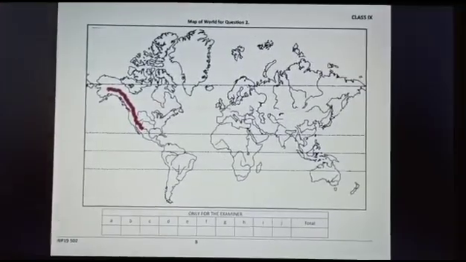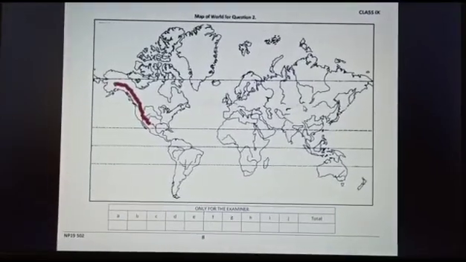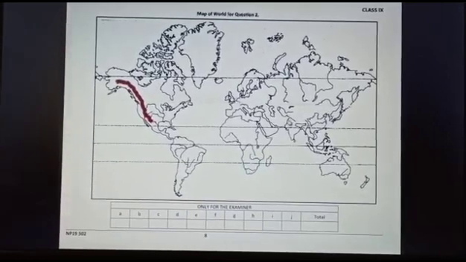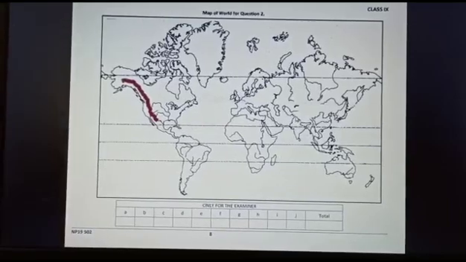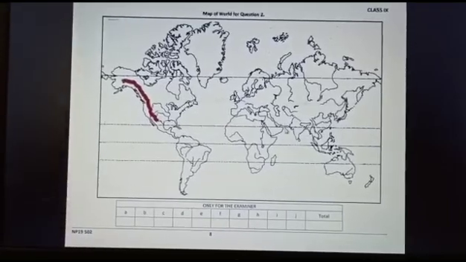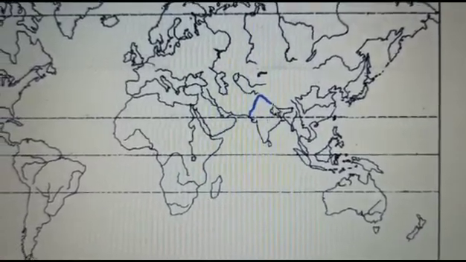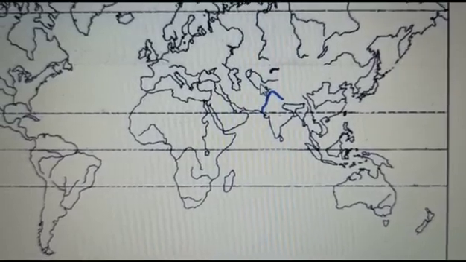Now if we talk about River Indus, obviously it is in Asia. It rises from Himalayas and finally drains to the Arabian Sea. So River Indus is the line which is here. Now you have already identified the river. So you have to overdraw this line with the color blue and write the name here, Indus River.